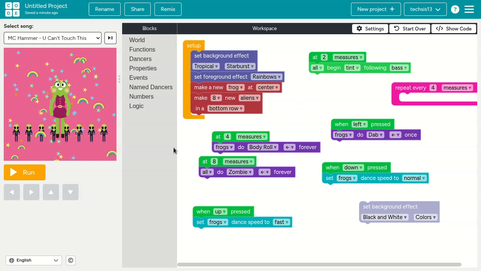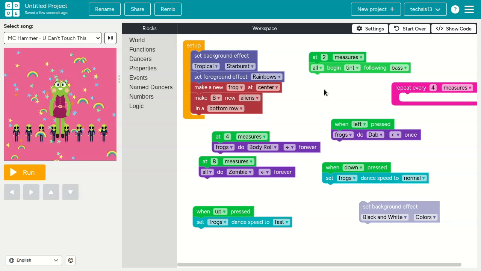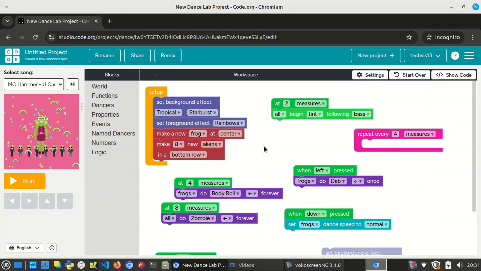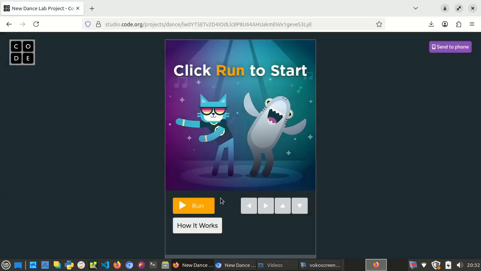It's a great project. Once you've done it, a good thing you can do is just share it. So you click share. It's as simple as copy link to project. That's it, job done. I clicked it once, job done. Let me show you what I mean. If I just come into a different browser here, completely different browser, so it's not got a session cookie or anything, I just paste that in. So that link, you give that to anyone, you send that to somebody, and they can watch it on any online device. They'll be able to see your project.